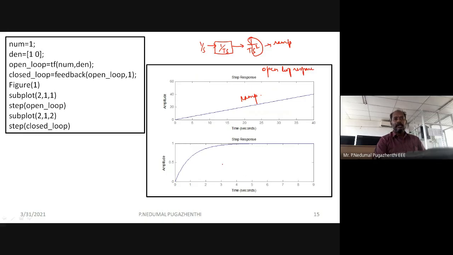And you can see that here, this is a closed loop response. What is closed loop? Your system has become 1 by 1 plus sT. If we supply 1 by s, that is a step input, it is going to be 1 by s into 1 plus sT. The derivation for that we have already done in the previous slide. And now we can see that it is having the same response. It varies from 0 to 1. It settles down at 1 at some time. It takes 5 time constants. It settles down there, right? Nearly 5. At 5, it is settling down at 1. Yes or no?